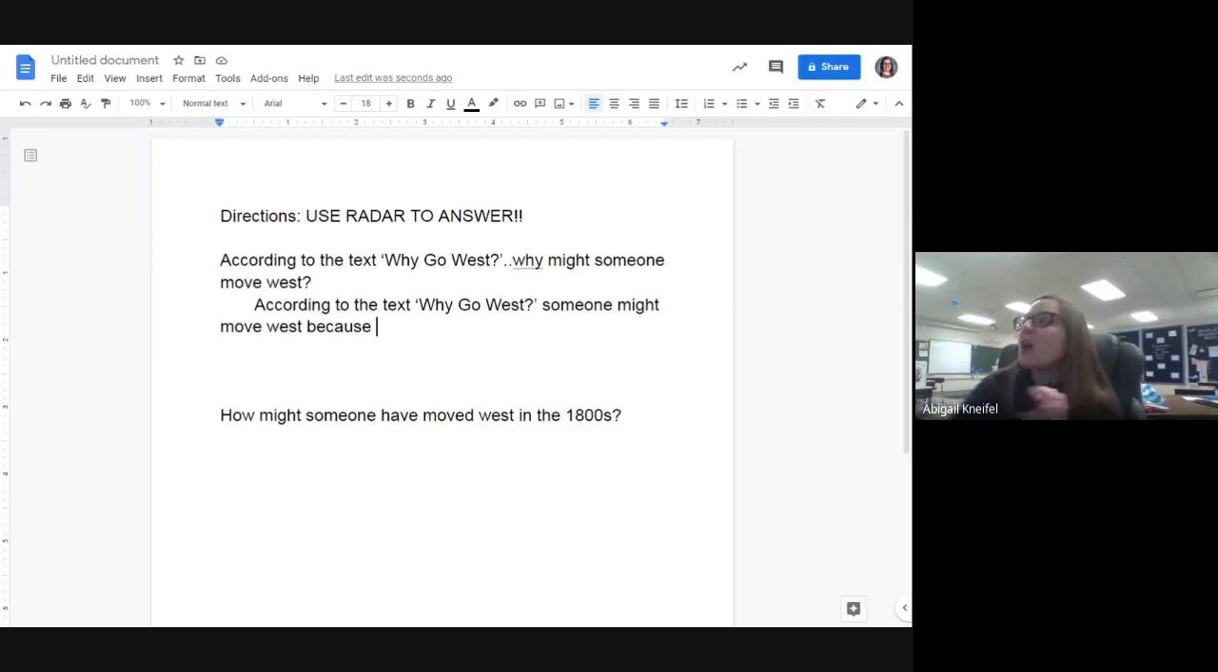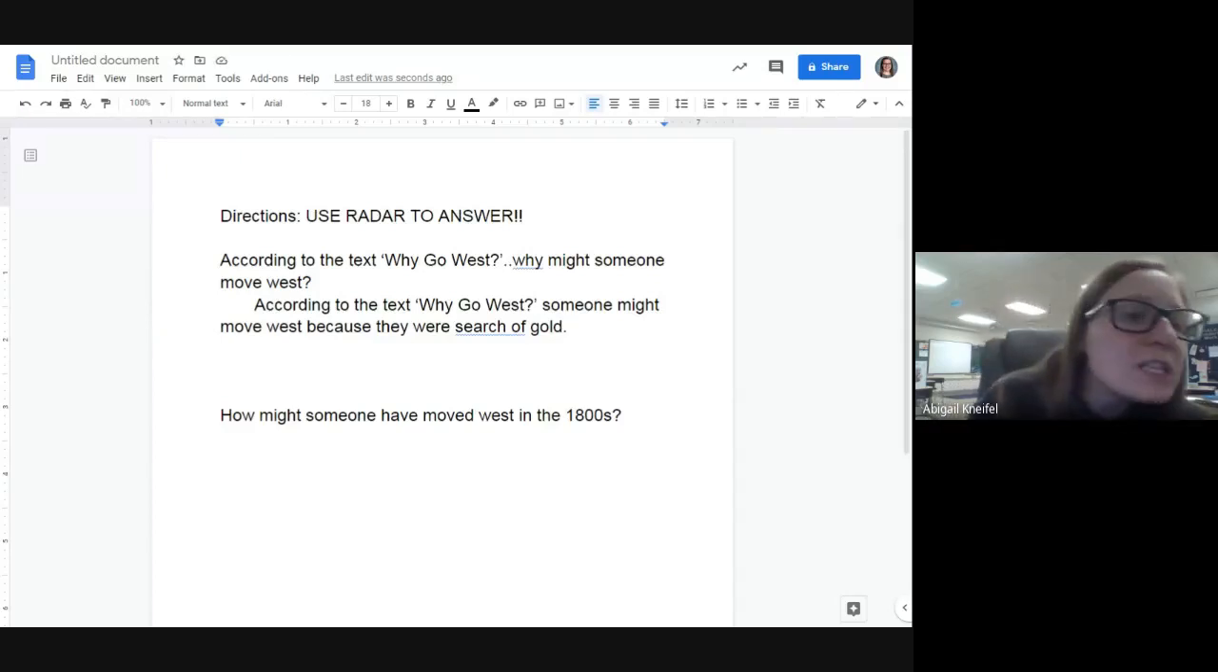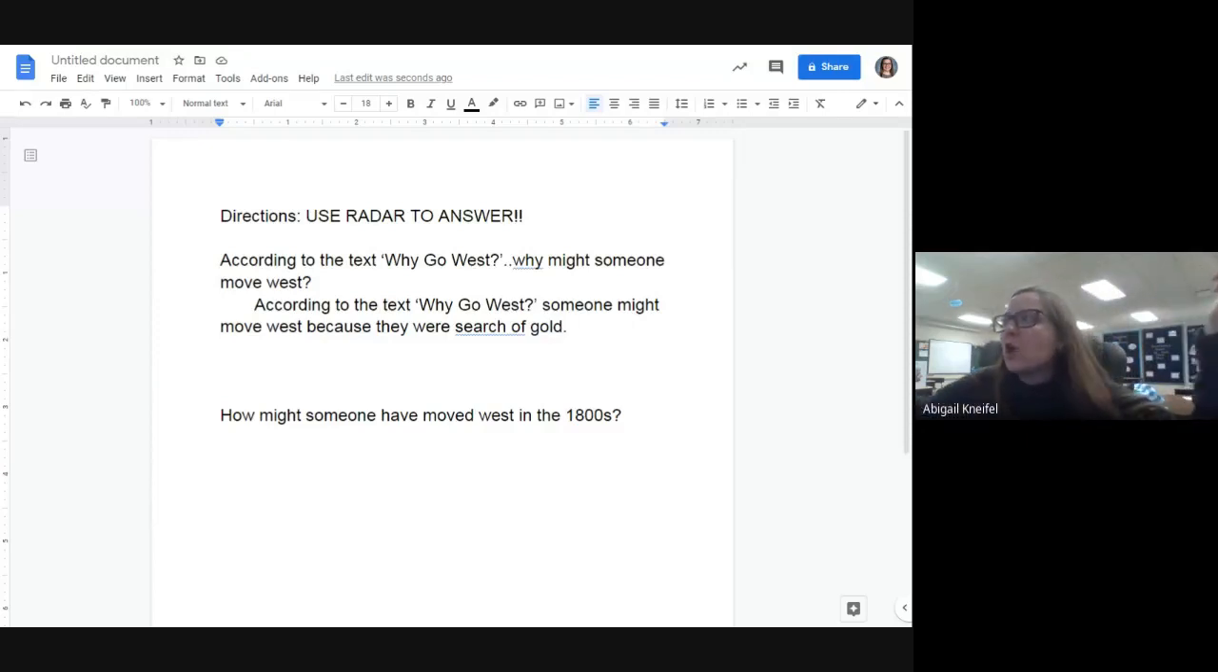So let's do the first one. According to the text, why go west? Someone might move west because they were in search of gold, period. Now, why would someone be in search of gold? I want everyone to be looking at paragraph 7, and I want to add some details about gold, because why are we going west because of gold? That makes no sense. I want some details from paragraph 7. So I need someone to add to this. So far we have, according to the text, why go west? Someone might move west because they were